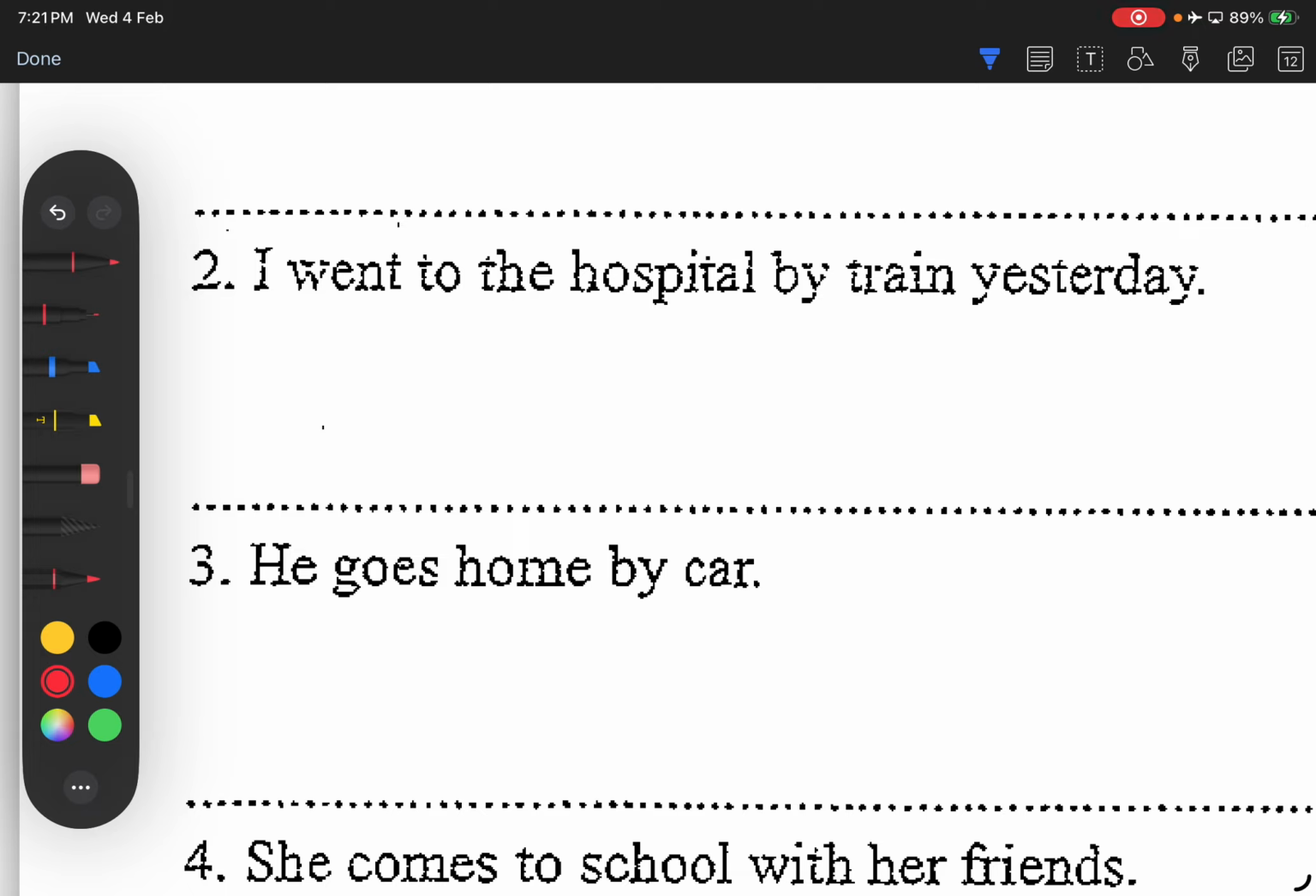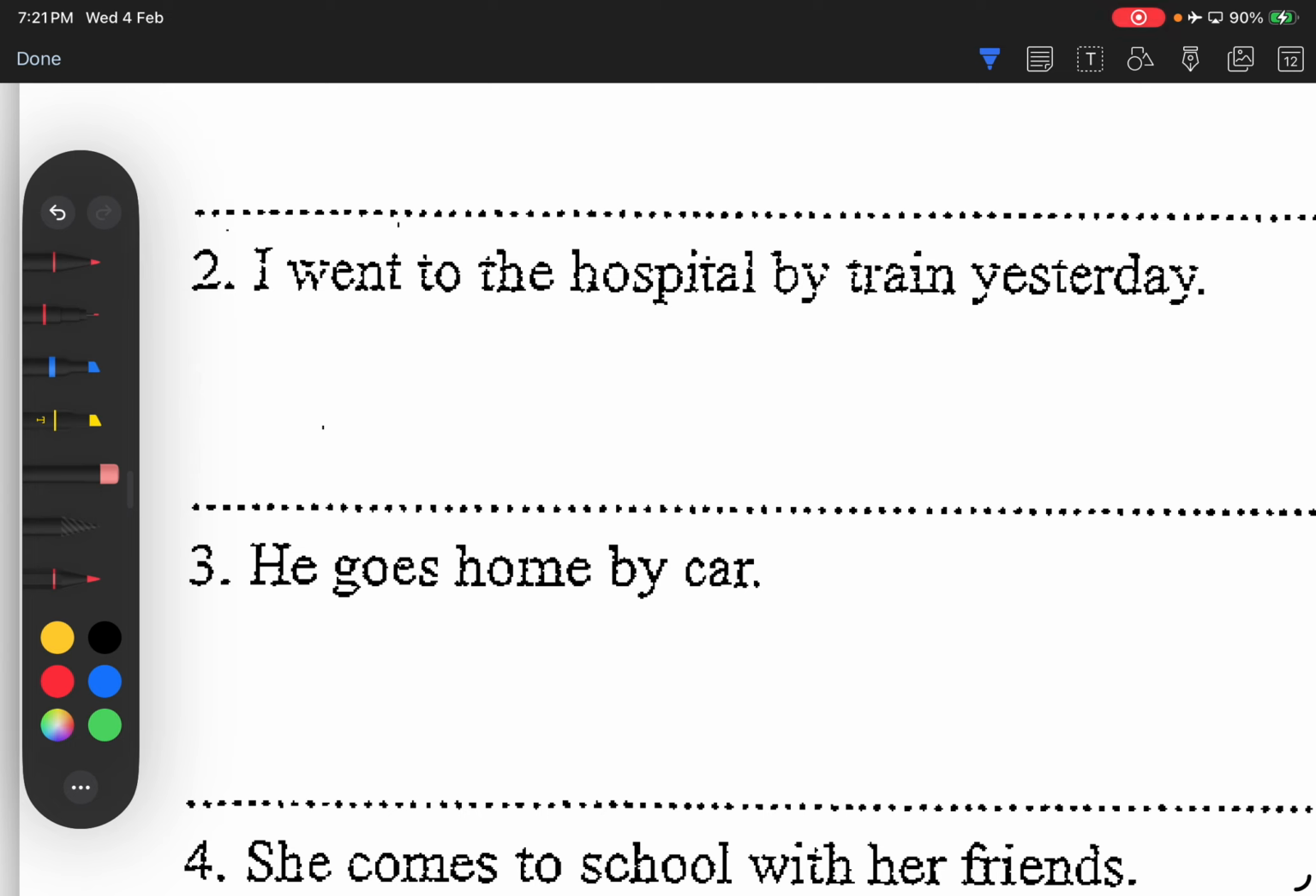Cecilia. 昨日電車で病院へ行きました。Okay, very good. So she skipped the subject, so we can just go straight into the timing. 昨日, yesterday is 昨日。昨日、病院へ行きました。Okay, so 電車 is train. Sorry, 電車で行きました。